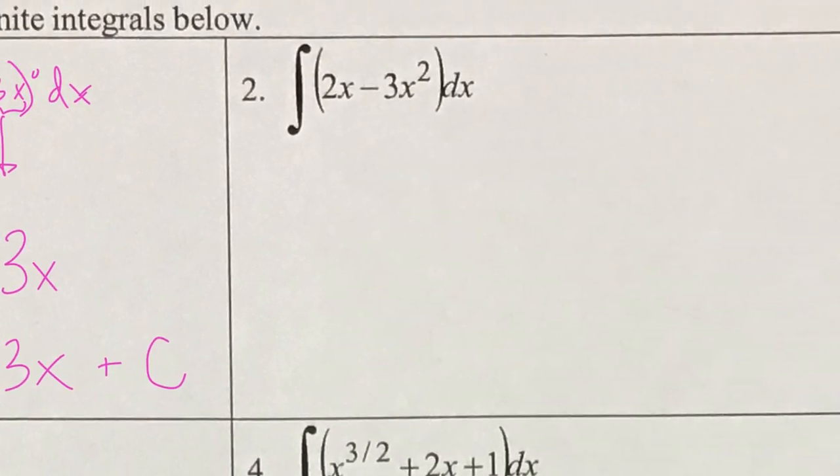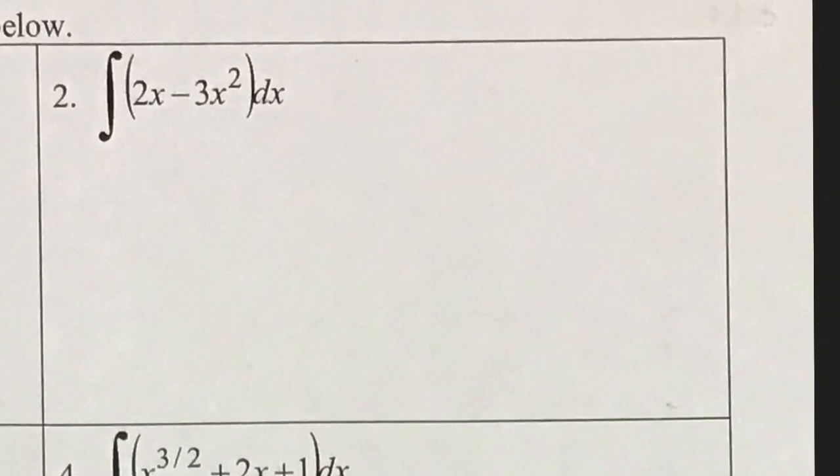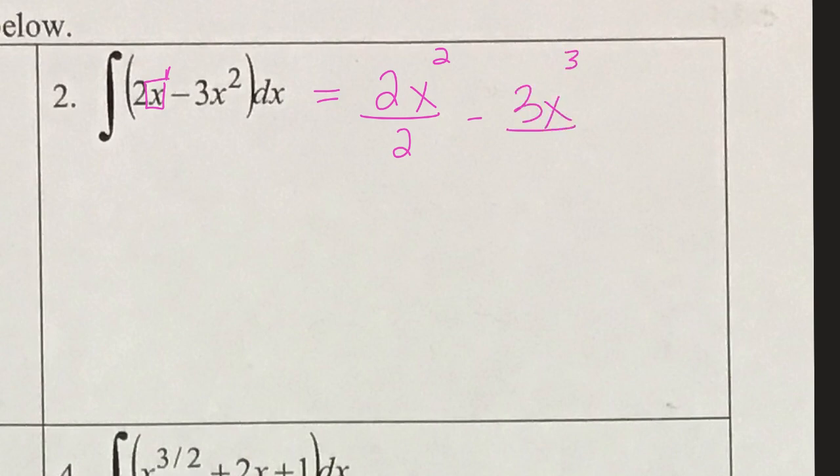Okay, let's move over. Hopefully this one will be pretty not difficult for you to do. Pretty straightforward. Okay, so we have 2 times x. So we're going to add 1 to the power, right? So this is already x to the first power, which means 1 plus 1 is 2, divided by 2, because whatever our power is for your antiderivative, your base is also, minus 3x to the third power divided by 3, right? Plus some random constant that we can find with an initial value, which we're not given, so it just